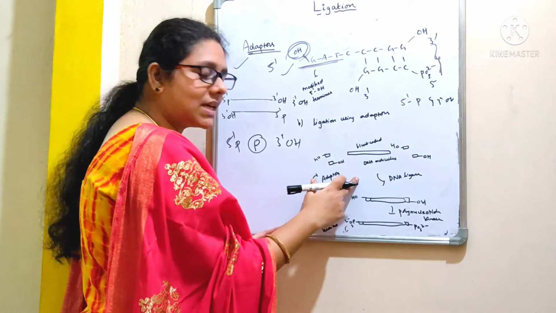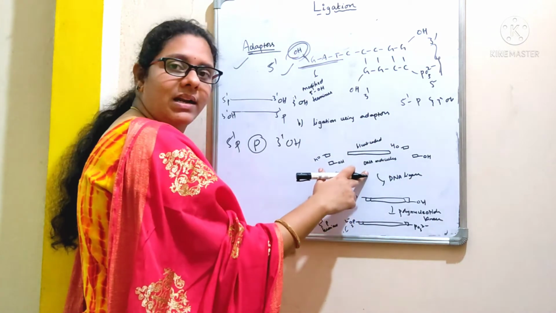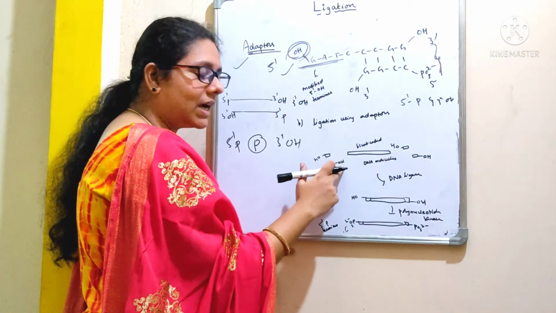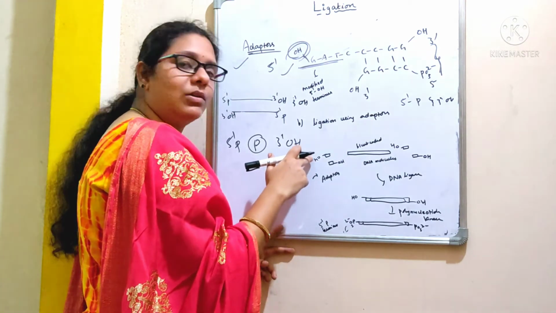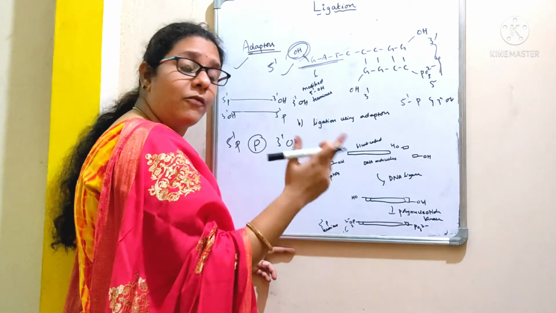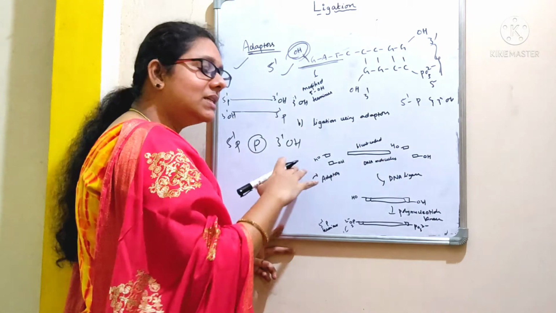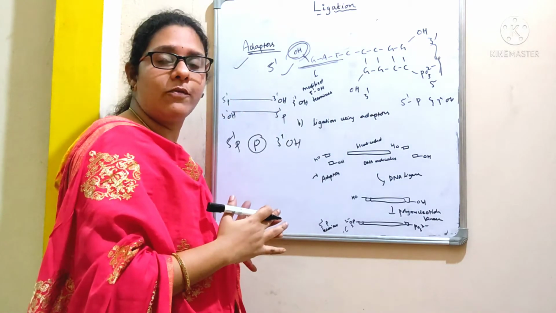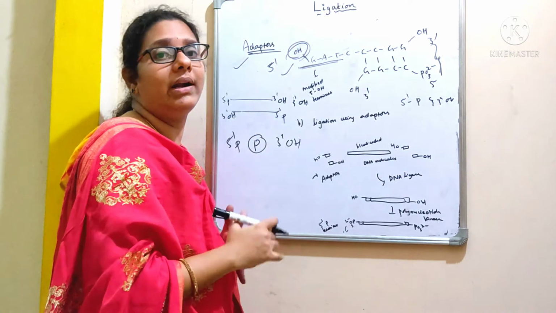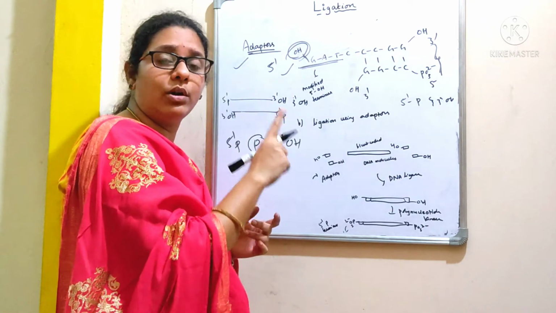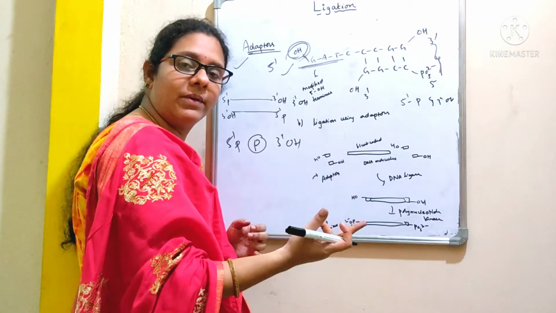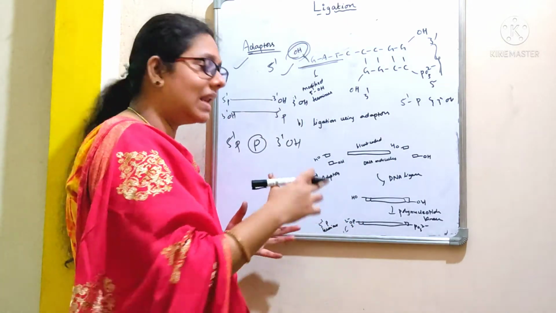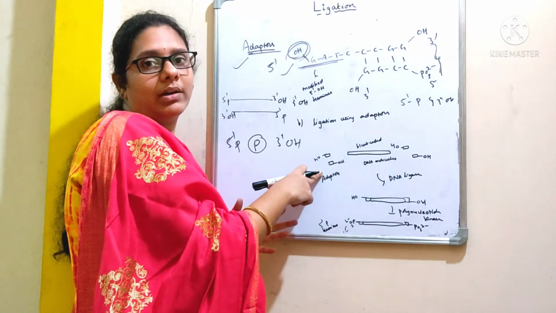See here, look at the second picture. This is the blunt ended DNA molecule and these are the adapters. They are modified in such a way that they carry a hydroxyl group at the 5' end instead of phosphate group. That is the reason there will be no formation of phosphodiester bond between two hydroxyl groups. There should be a phosphate group and hydroxyl group, but here the phosphate group is modified. In this way, we prevent the ligation of two adapter molecules.